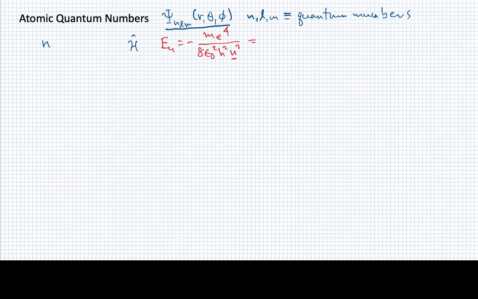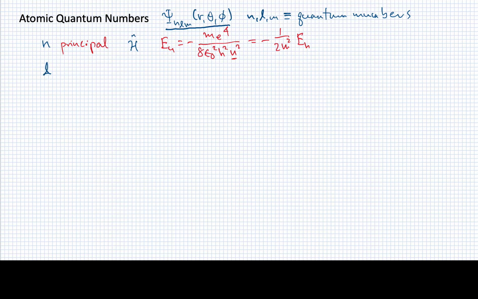We've further shown that this can be written more compactly as a multiple of the Hartree energy, or 1 over 2n squared times the Hartree. So the n here relates to the energy, and it labels the various eigenvalues of the energy, and for this reason we call it the principal quantum number. It is the king of the quantum numbers for hydrogen. We then have the